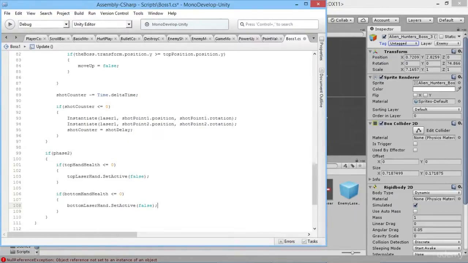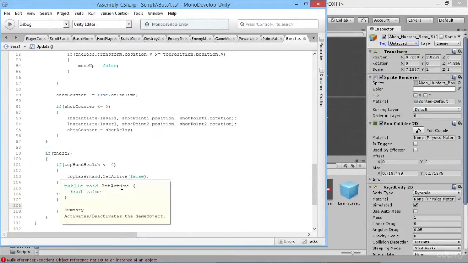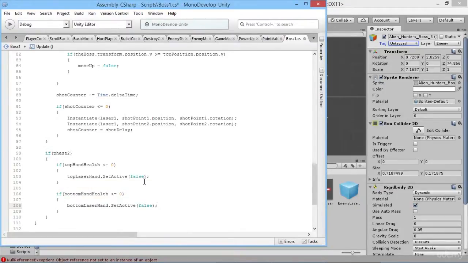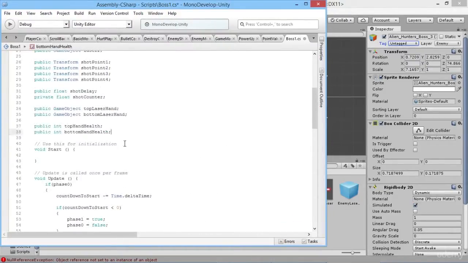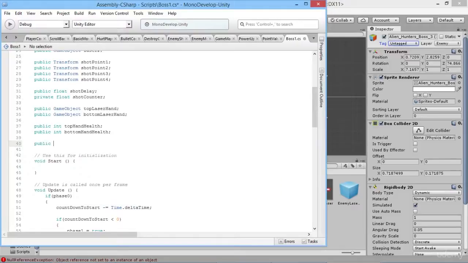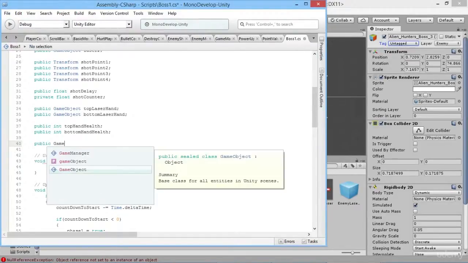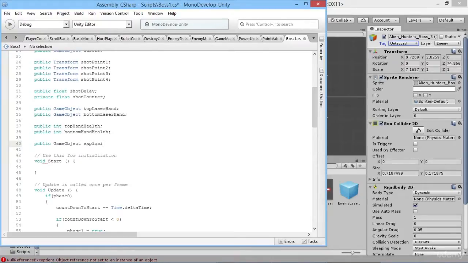So that's all perfectly fine. One other thing we can do while we're doing this, we might as well make it a little more interesting, and we could make an explosion appear when our hand gets destroyed. So let's go up here and we'll create a reference to our explosion that we've used in the past before. So public GameObject explosion,